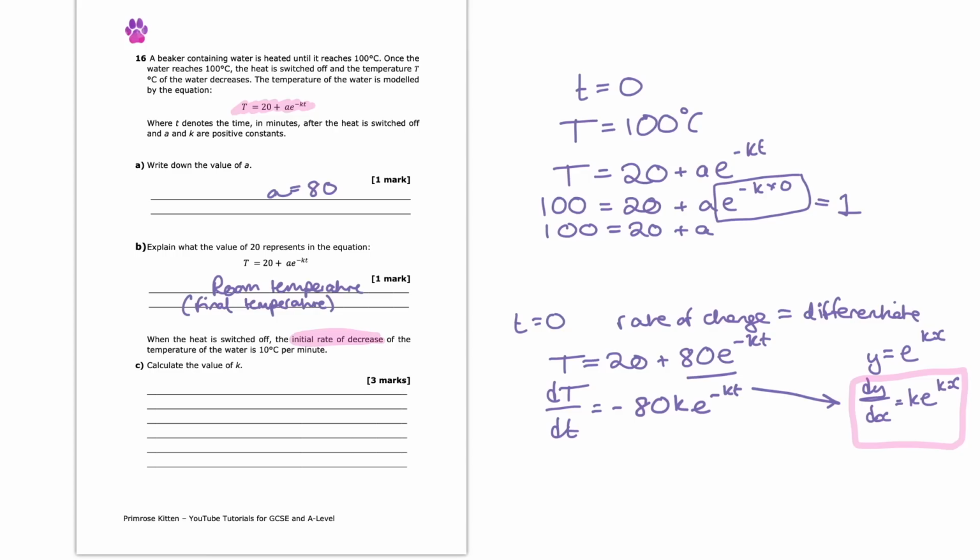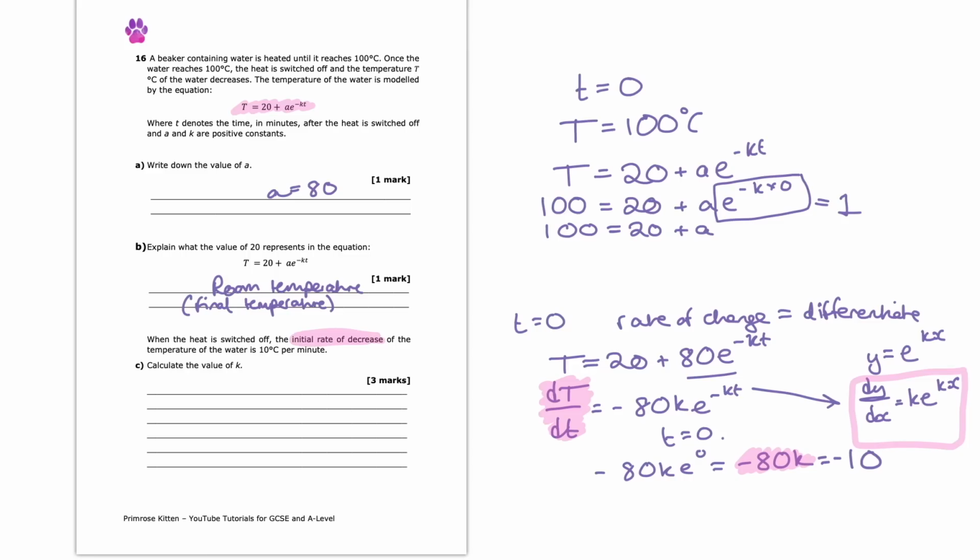So if we look back at the question now, we're told that the initial rate of decrease of the temperature of the water is 10 degrees per minute. So because it's initial, we know that T equals 0. So that is minus 80k e to the 0 basically, which is just minus 80k. We're told that the initial rate of decrease of temperature of the water is 10 degrees per minute. Well, as we know that this is representing that initial rate of decrease, we can equate that to